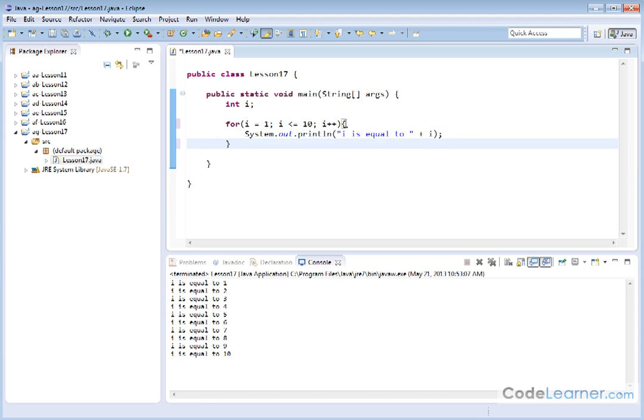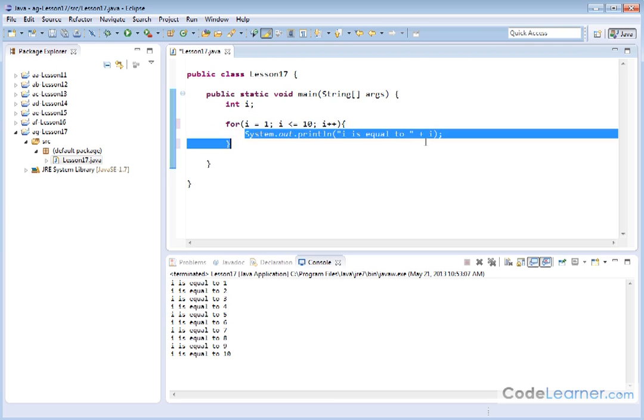So now everything for the for loop, everything inside of these brackets here is going to be executed with the for loop. Now the for loop is going to execute fine, exactly as it did before, because there's only one statement